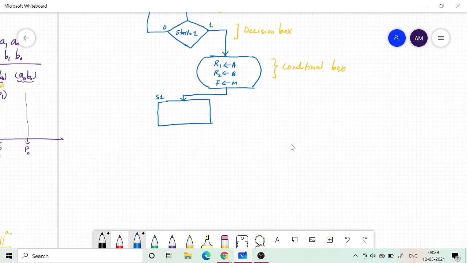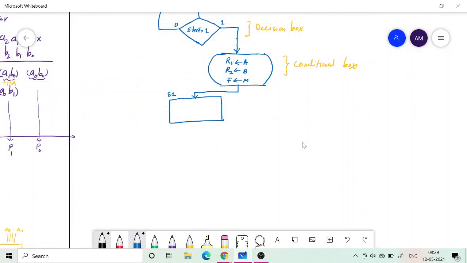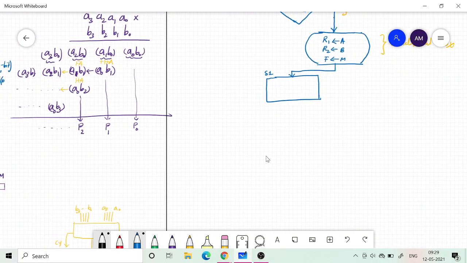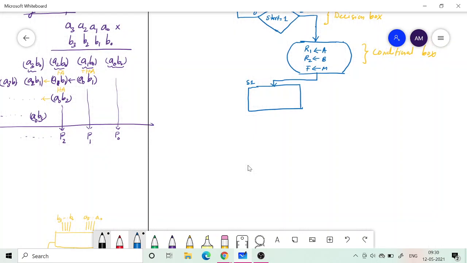Now once we reach S1, what will happen? We need to do another check. So now I am coming to the question that you have asked. Here I am going to check whether my F is equal to 1.